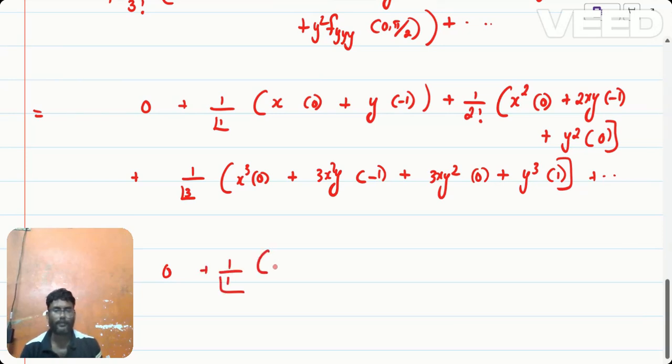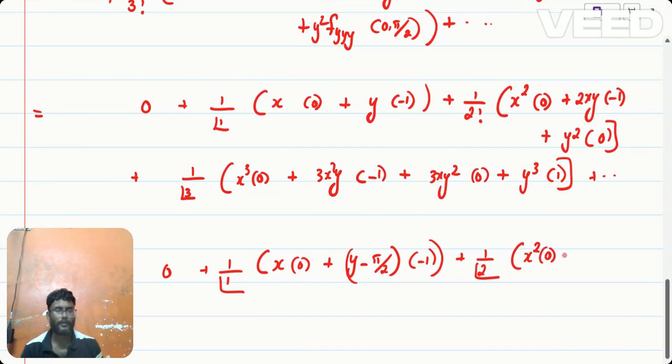So actually it is shifted, so x into 0 plus y minus pi by 2, y is shifted to pi by 2, y minus 0 into minus 1 plus 1 by 2 factorial into x square into 0 plus